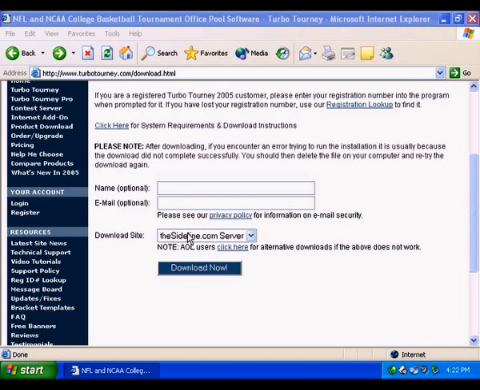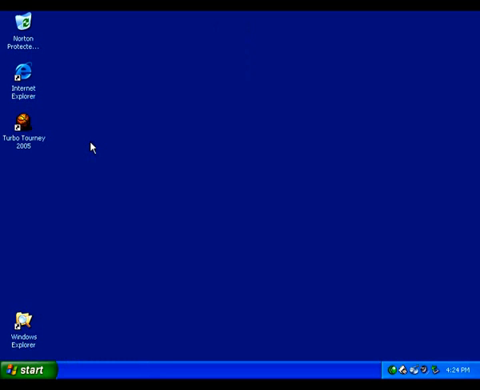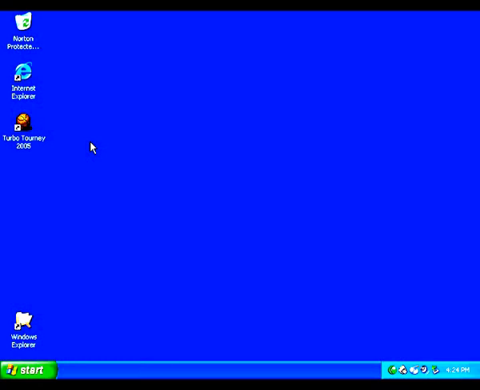And now the installation program will go through and install the files it needs, and that's done. And now it's asking if I want to put a shortcut to the program on my desktop, and I'll say yes, I do. It's doing some last-minute system configuration and updating, and the installation is now complete. So we'll select finish. Now if I close my browser, I'll see here I do have the Tourney 2005 icon on my desktop, the shortcut. I can double click on it and select it,